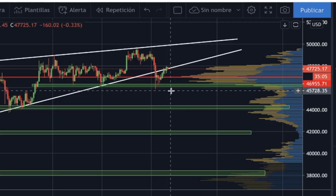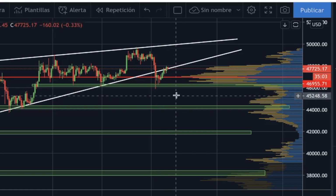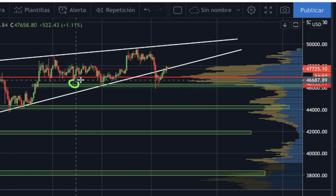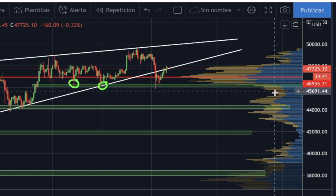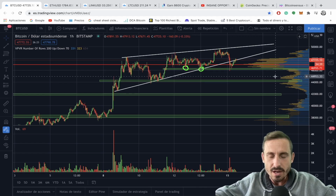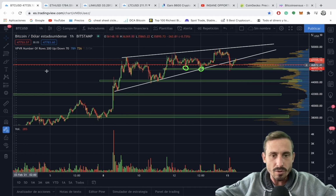Taking a look at the 1 hourly chart here for the Bitcoin price, we can see that the $46,200 area is acting as a major support. We have multiple points here touched, and now it looks like we didn't manage to break below it. On the VPVR, this is where most of the volume has been traded. We can see this huge wall here, and the end of it is the $46,200 range. Once we break this area, there's hardly any volume traded. So our next support area would be the